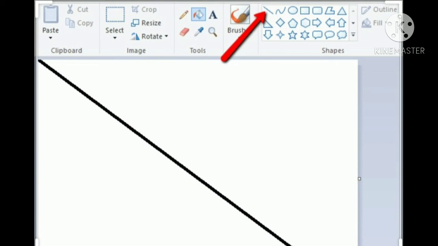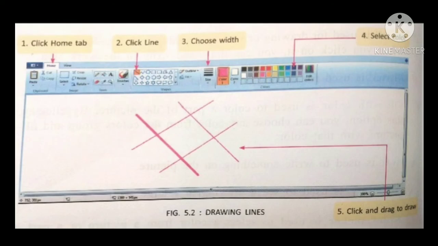Fifth, move the mouse pointer to the draw area. The shape of the pointer changes to a cross point. Press the left mouse button and move the mouse on the mouse pad to draw the shape. Note that you keep the left mouse button pressed while drawing. Release the mouse button when you complete the shape.